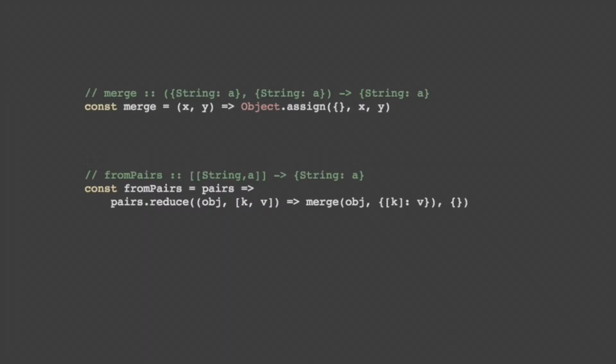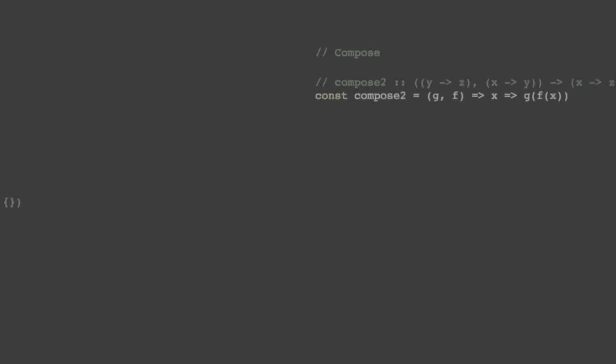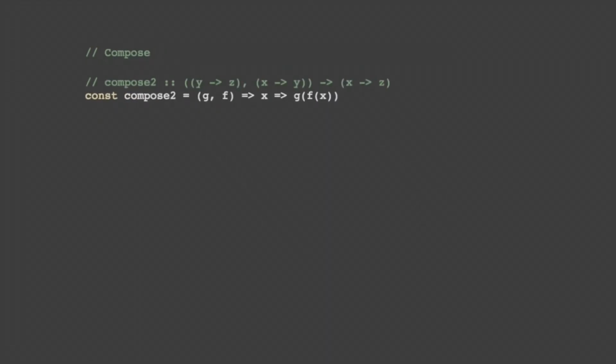So if you look at the type signature, we say it's an array, and inside that is an array with 2 elements. The first one is a string, and the second is, well, something. We don't care at the moment. And what we get back is an object with strings as keys, something as values. This function doesn't know what the something is, so we just call it A. In this case, we can do it by reducing and then merging all the objects together. But basically, we go from a list of key value pairs to an object. And again, all the input stays completely untouched.